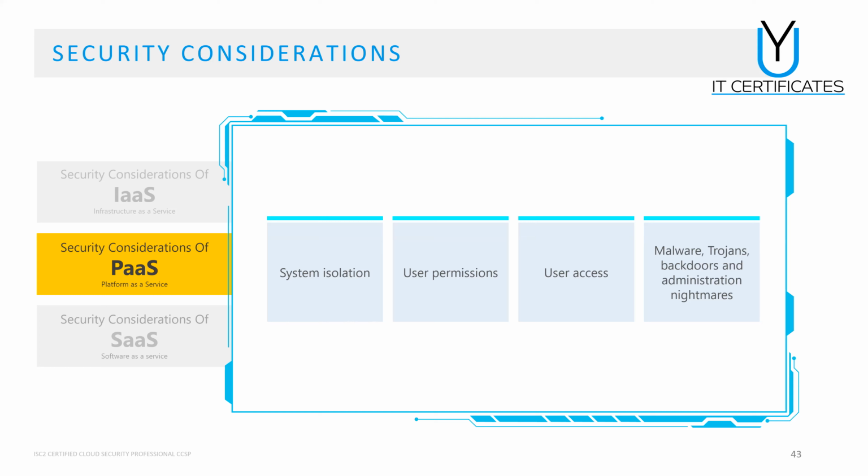For example, if you have a .NET application, then you have full control over this platform. You are able to develop your applications, libraries, and so on. But you should not have any access to the servers, because access to the servers can create a problem for the cloud service provider. The cloud service provider is responsible for providing the infrastructure service for you. If you have, for example, an administrator account, then you will be able to change configuration, services, operating systems, and so on. This will create a problem for the cloud service provider.